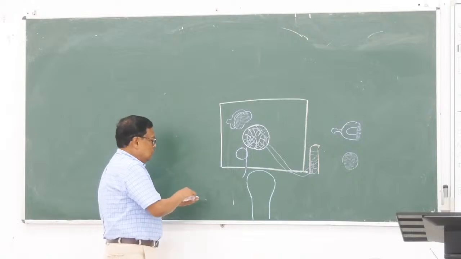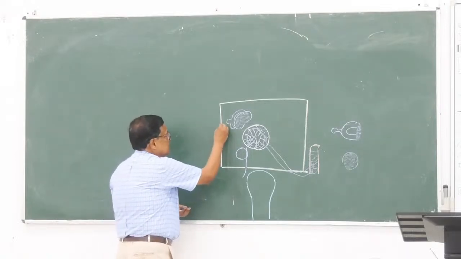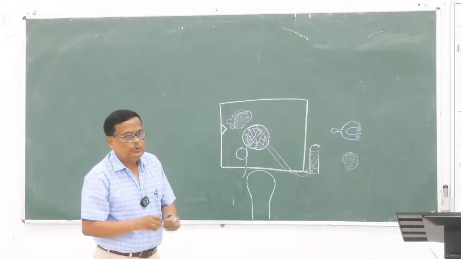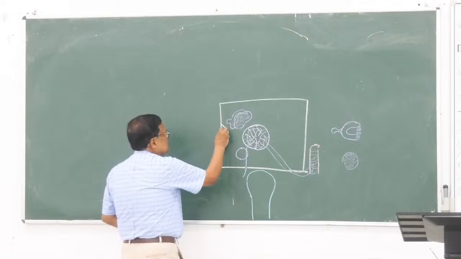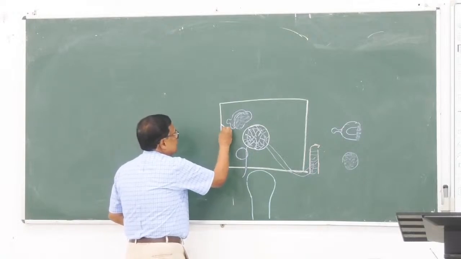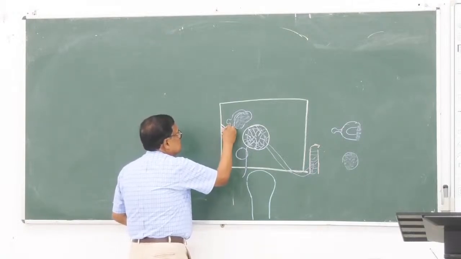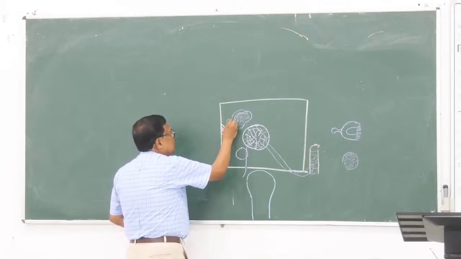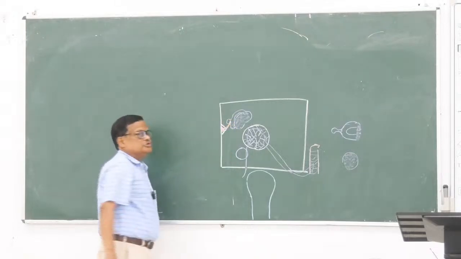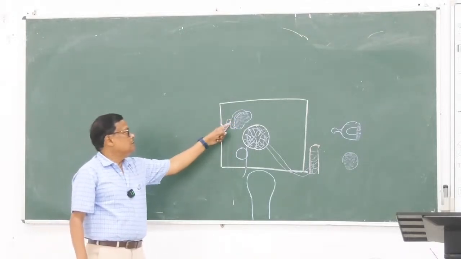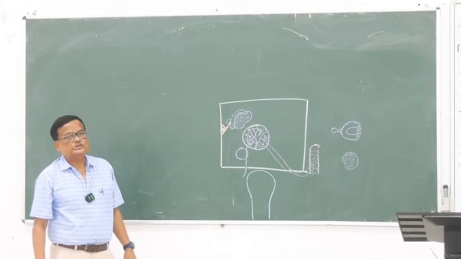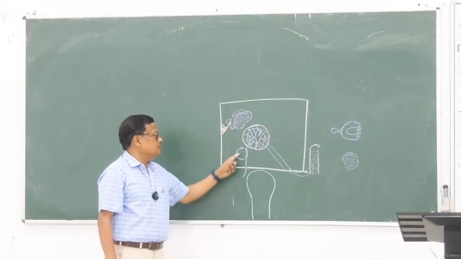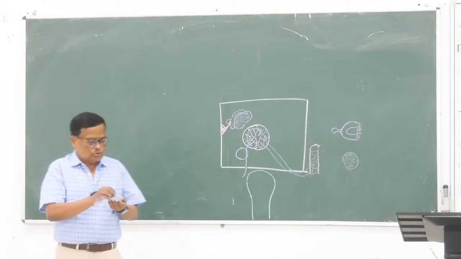Already I have told you, in the posterior wall there is an elevation we call the pyramid, which contains a muscle known as the stapedius muscle. This stapedius muscle is attached here, and its tendon comes out through a hole in the pyramid and attaches to the neck of the stapes. So this is the origin and insertion of the stapedius muscle, which is supplied by the facial nerve. So the oval window is closed by the foot plate of the stapes, and the round window is closed